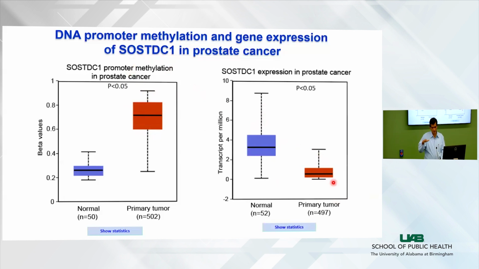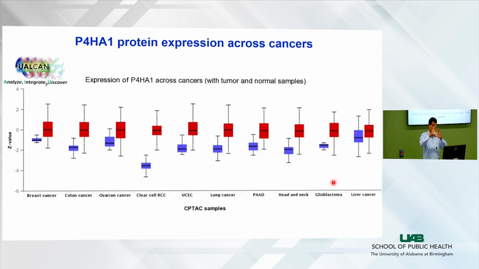And then just like gene expression, you can look at protein expression also in the proteomic tab. It's important to know that not all gene expression changes will be reflected in protein expression changes. Sometimes gene expression may be higher, but protein may not have changed. And there are additional regulations of proteins also. So that's why it's important to integrate all this data. In this case, we are showing P4HA1 protein, which is increased across different cancers. In the lab itself, we did validate this using immunohistochemistry, particularly in prostate cancer,